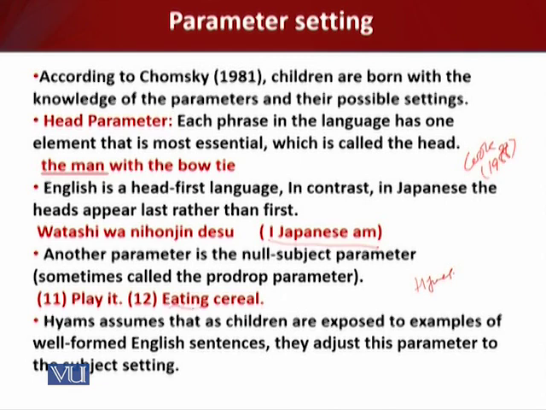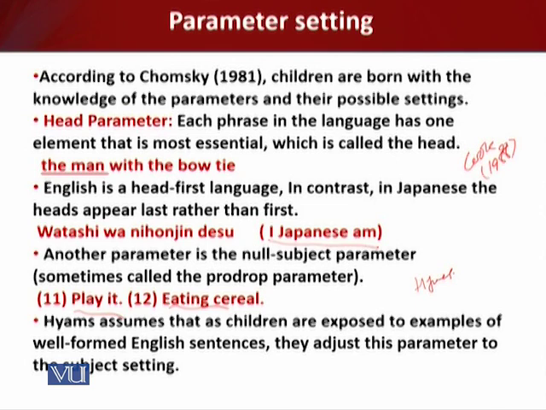Here you see the pro-drop parameters that are being used. This, in the case of English, is not permissible. Hyams assumes that as children are exposed to examples of well-formed English sentences, they adjust this parameter to the subject